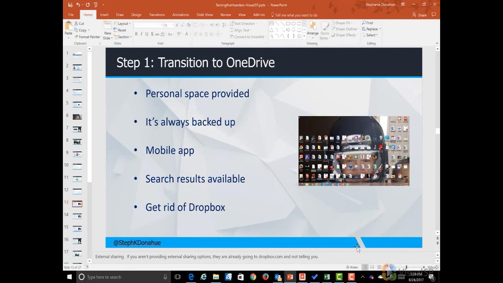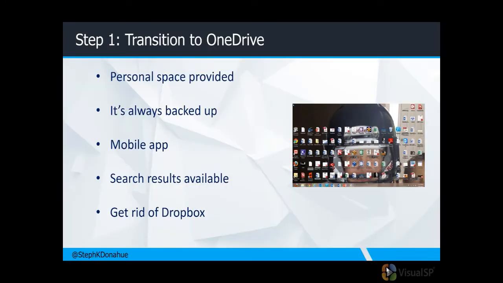And for those that say, well, we don't need that, we don't need to maybe replace something like Dropbox, we don't have that in our environment. For those that aren't familiar, OneDrive for Business does external sharing, which is why I have the Dropbox reference here. You could replace Dropbox with that external sharing feature in OneDrive. If you're not providing some kind of solution to your end users for external sharing, you may want to really